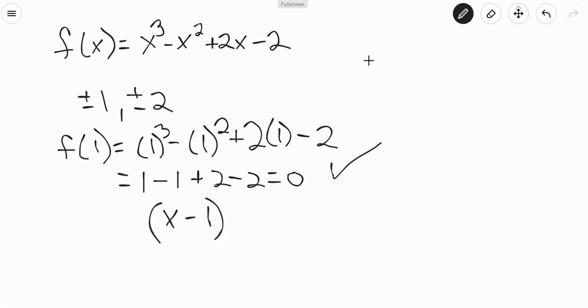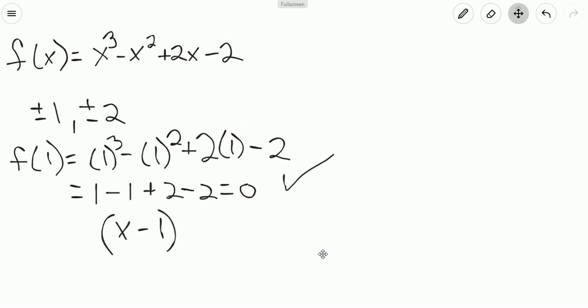of the original polynomial. So now what we have to do is divide this polynomial by x minus 1 in order to find out what the quotient is, and once we get the quotient, we'll be able to factor that, and we'll be able to find all the zeros of this polynomial. In order to do that, we can do some synthetic division. So I'm going to plug in 1 here,